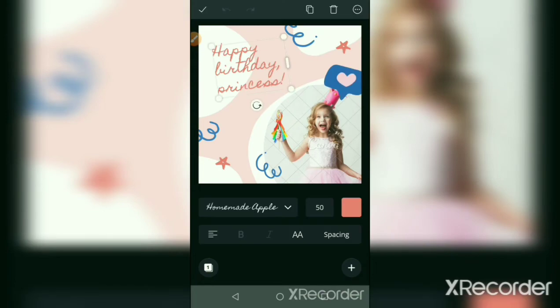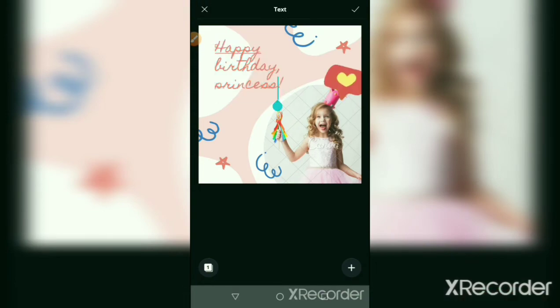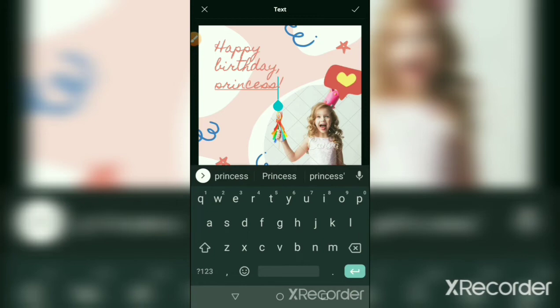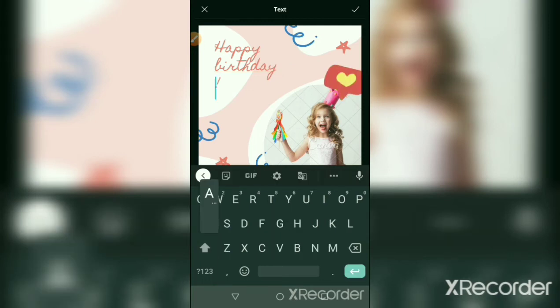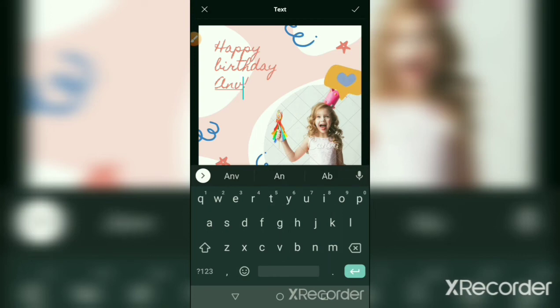Click on this text. If you want to change the name or text in this picture, just write, enter. What is the name of the birthday girl? If you want to change it, just write your name.